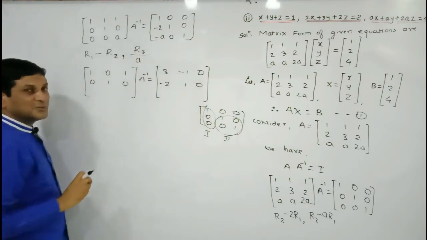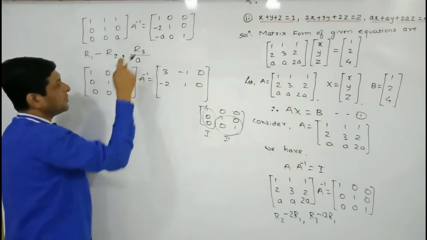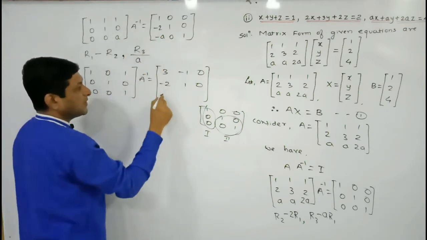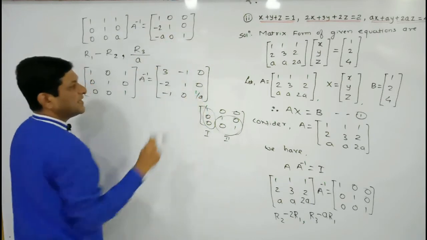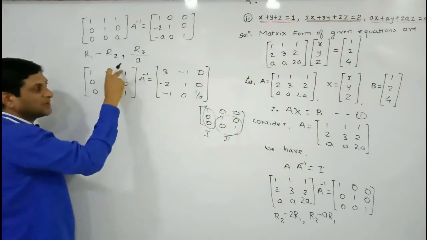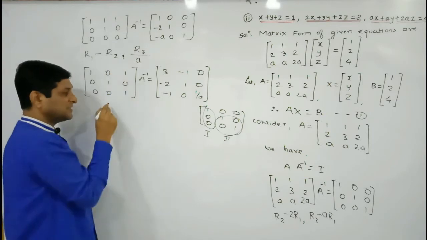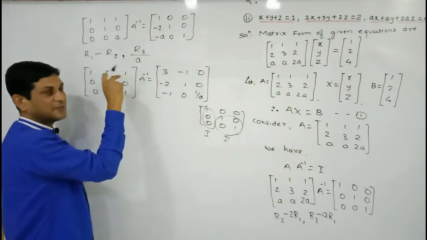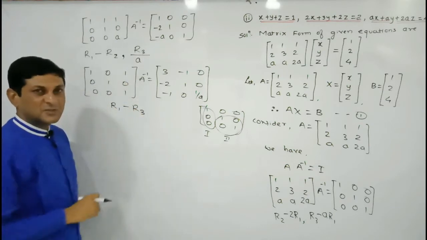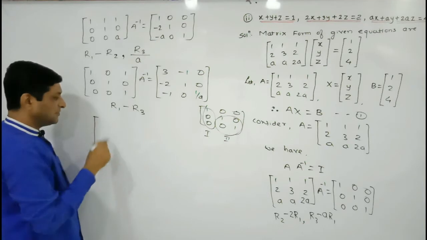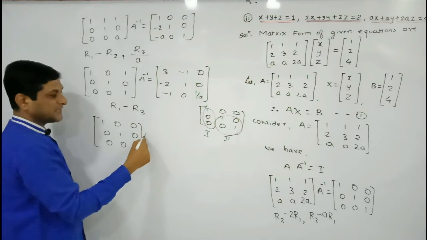Now we are dividing the elements of R3 by a. So here we will get 0, here we will get 0, a upon a will be 1. Here minus a upon a is minus 1, 0 upon a is 0, and 1 upon a will be equal to 1 upon a. Lastly, if we are able to convert this element into 0, this matrix will become the identity matrix. To convert this element into 0, our operation should be on R1 minus R3, meaning 1 minus 1 will become 0. After this operation, we can conclude that this matrix will become identity: 1, 0, 0, 0, 1, 0, 0, 0, 1. Keep this A inverse as it is.